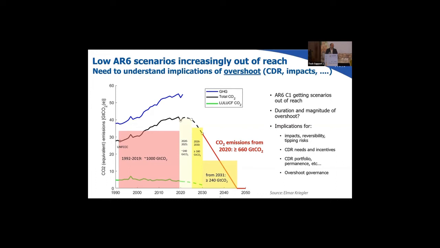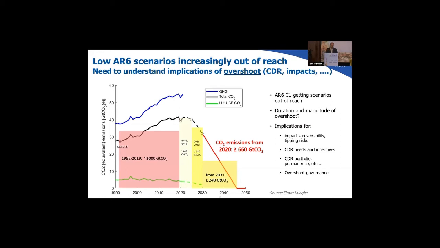And even if we assume the most rapid possible emissions reductions to achieve net zero CO2 before 2050, if you compare that with updated evidence about the remaining carbon budget, it is very likely that those scenarios are getting out of reach, and that we are entering a new phase of thinking about how we can manage the overshoot, and think about what's the magnitude and duration of an overshoot of the targets, and what are the implications of overshooting the targets in terms of impacts and reversibility, which will depend on the magnitude and the duration of the overshoot,